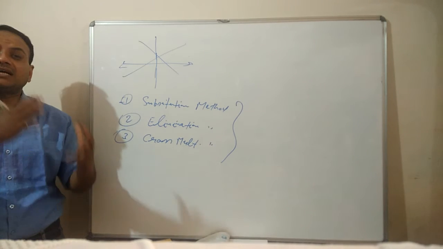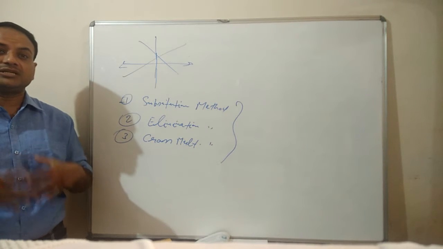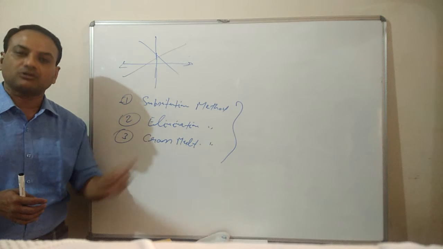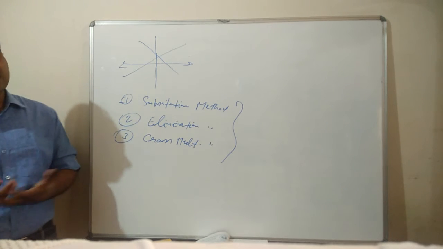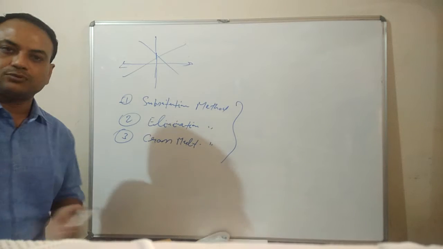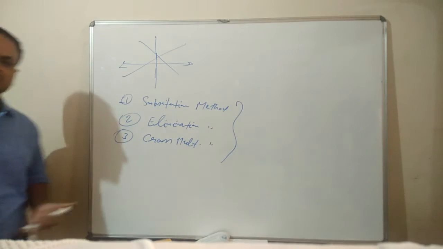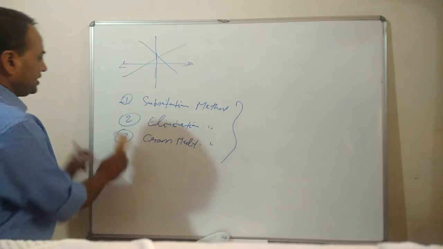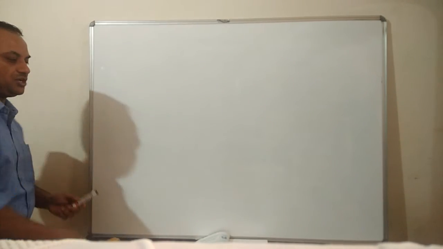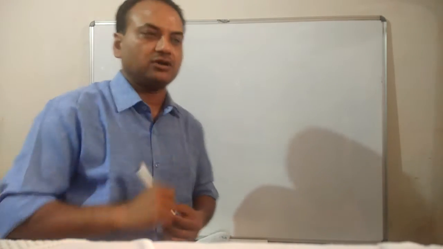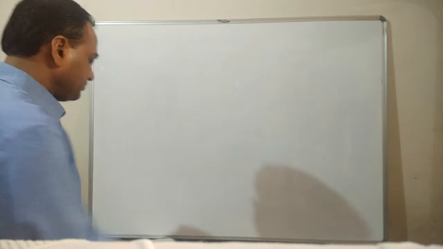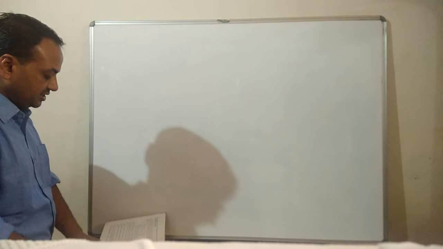Sometimes the question can mention the specific method also, like substitution method or elimination method or cross multiplication method. So if the question gives a particular condition, then we have to apply that particular method. Otherwise we can use any method, out of these three, right? So all this we have discussed in our previous video. For more clarification, you can watch the first part of this chapter, which I have already forwarded. Now we proceed to the NCERT questions.